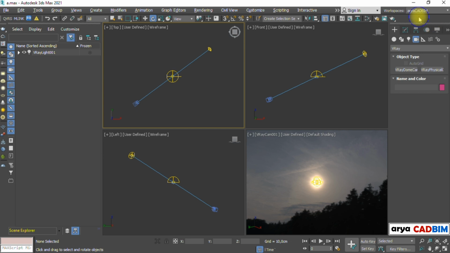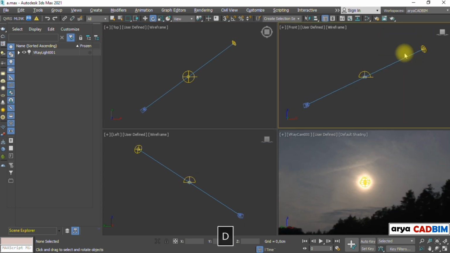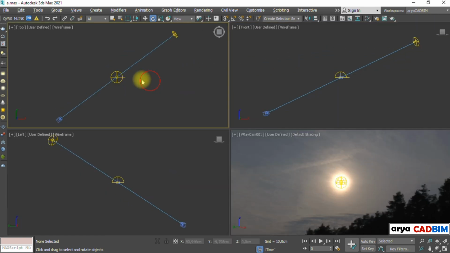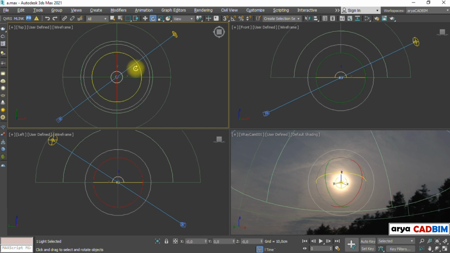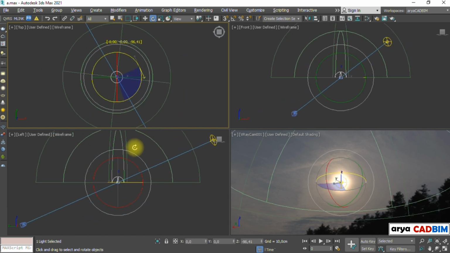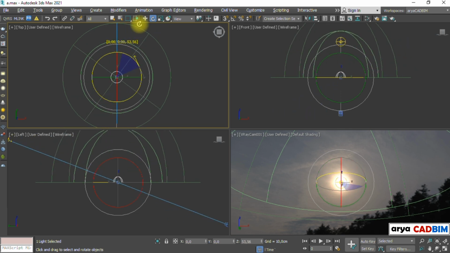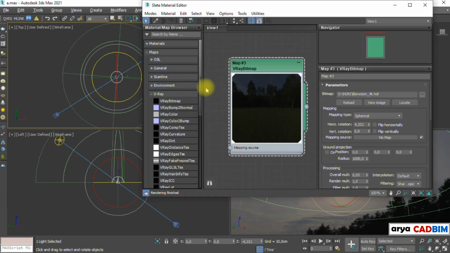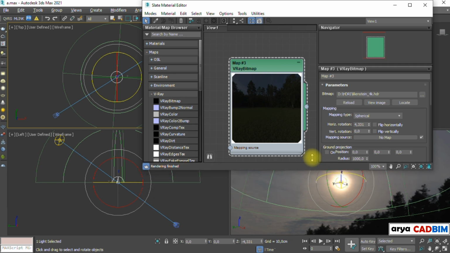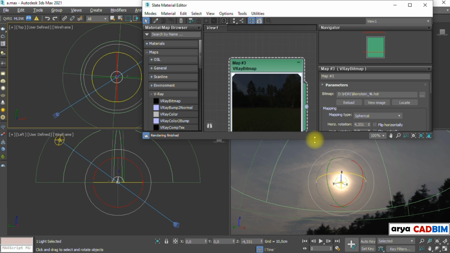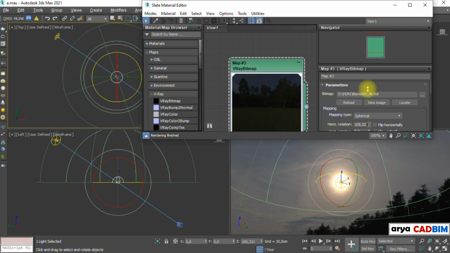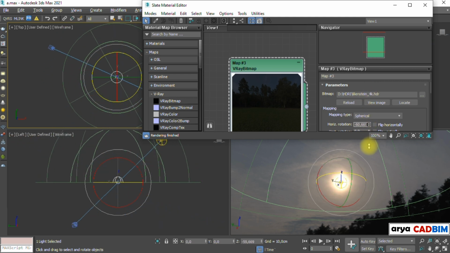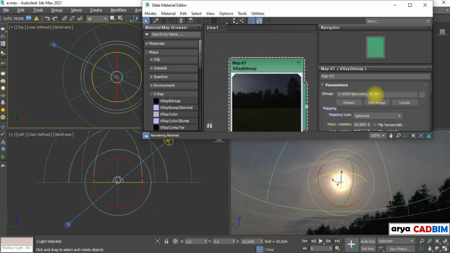Let's check it over both the light and the map. When rotating the dome light, the HDRI map turns with it. Rotate the map. And yes, the dome light and the V-Ray sun rotate with it, keeping the suns together.